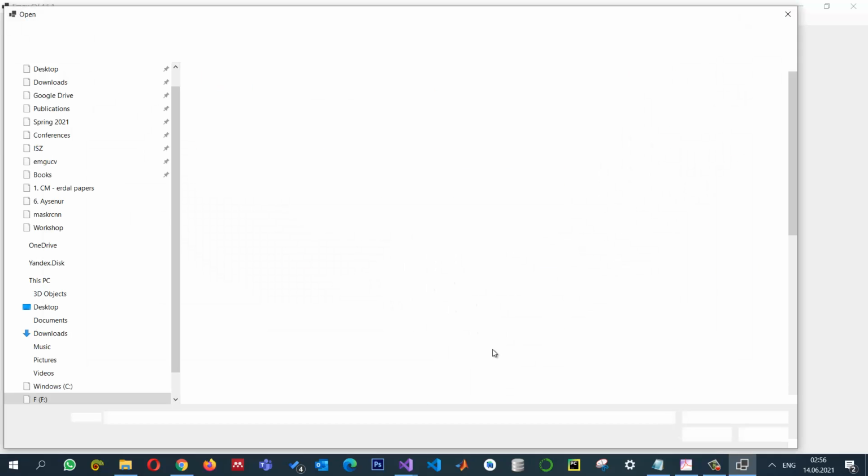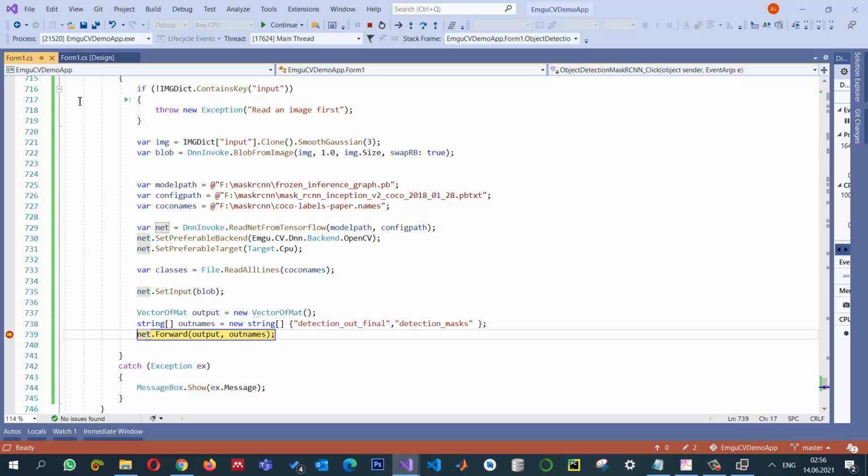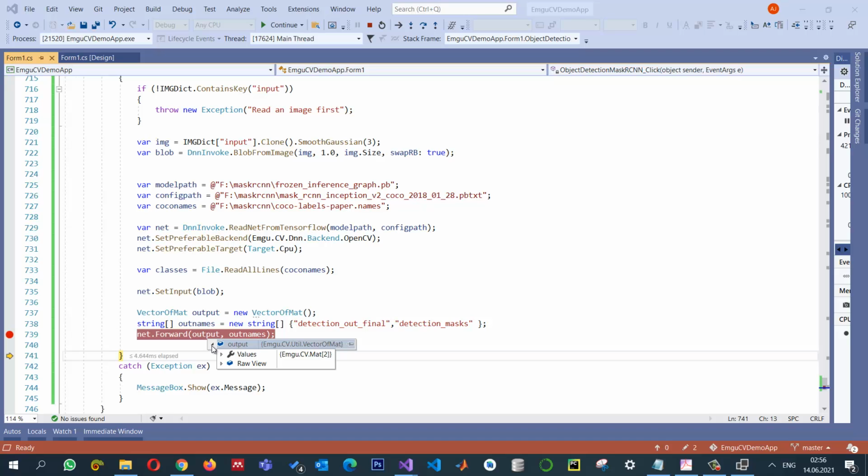Open an image and then apply object detection. It means there is no error, so let us run it by pressing F10, and we get the output. When I check this output, you can see there are two Mat objects. Of course, one is for the bounding boxes and another is for the masks. When you look at these bounding boxes, you can see here it is 1 by 1 by 100